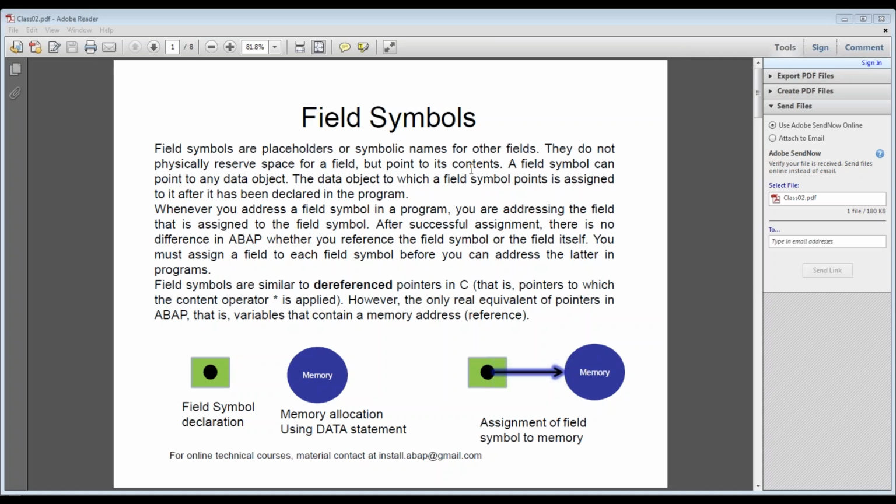So field symbols are placeholders or symbolic names of other fields. They do not physically reserve any space for a field, but point to its content. So a field symbol can point to any data object. Basically, you have your memory allocated, and a field symbol is a pointer which can point to that memory. The data object to which a field symbol points is assigned to it after it has been declared